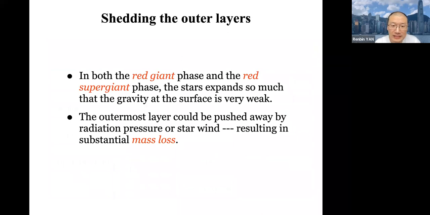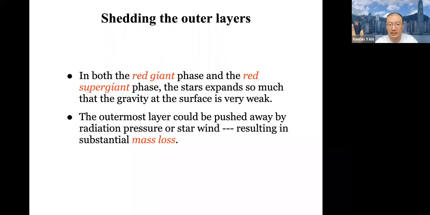But also, during the red giant phase and the red supergiant phase, the star's outer layers become so thin because it has expanded so much, right? The outer layers become a very, very low density medium. And because it's so thin, it's actually very easy to be pushed away by radiation pressure. Just remember that the center of the star is very, very hot, and all this luminosity is trying to get out, right? So there's a lot of light trying to scatter out of the star. So that effectively puts a lot of pressure on the outer layers of the star.